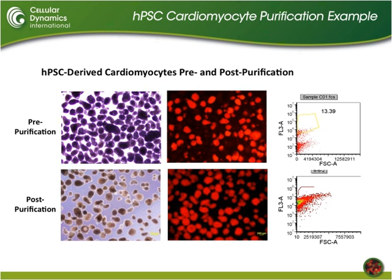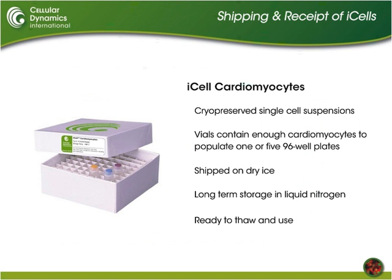And really, if you were to use these cells, they come as cryopreserved single-cell suspensions at about 99% purity. The vials contain sufficient quantities to populate a device of interest, whether it be for high-content imaging or cell-based assays. They're shipped on dry ice, and they have long-term storage in liquid nitrogen, and they're ready to thaw and use, and we actually provide a plating media and a maintenance media that will maintain the purity over the 2-week period that we recommend. So, this is, to our knowledge, the first product that's been generated by IPS cells,